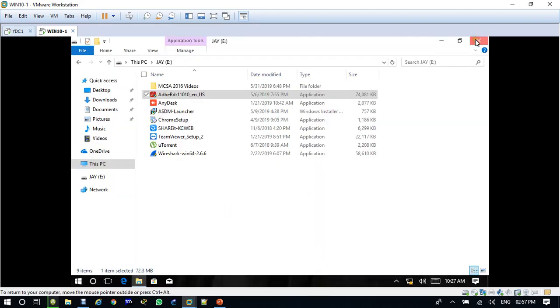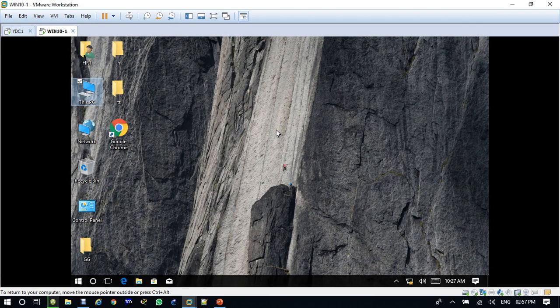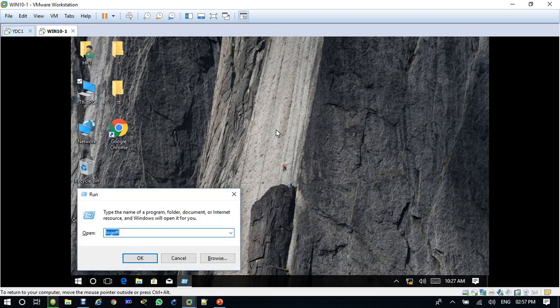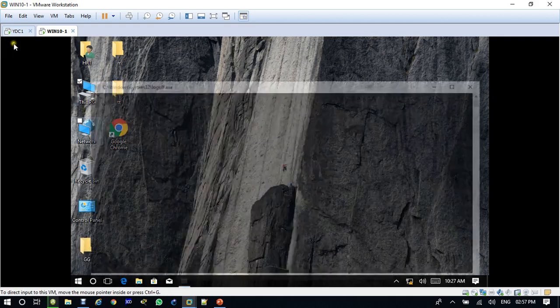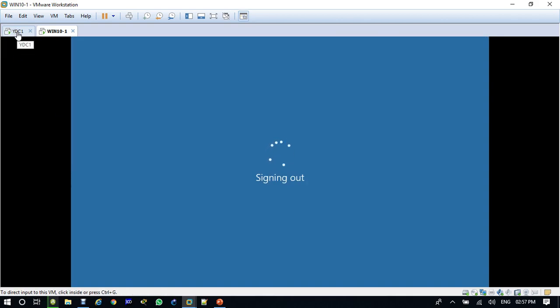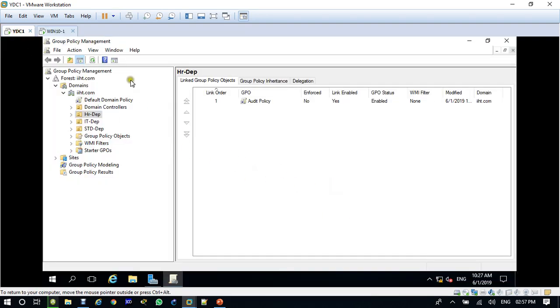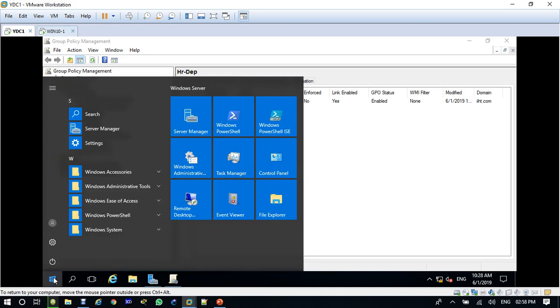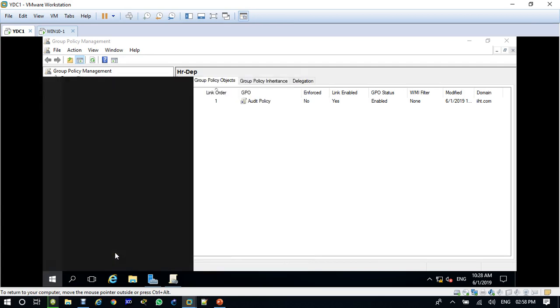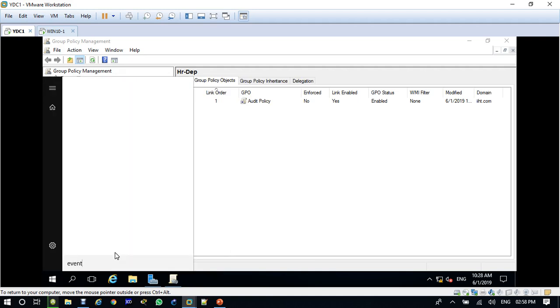Okay, so these are the types of activities a normal user is doing. When he is configuring these types of activities on his system, his system will send logs to the server. So where will the server get the log details? When he comes here and clicks on Start, and comes here to Event Viewer. If you are not getting Event Viewer here, no problem, you just type event, and automatically Event Viewer will come. Open that Event Viewer.